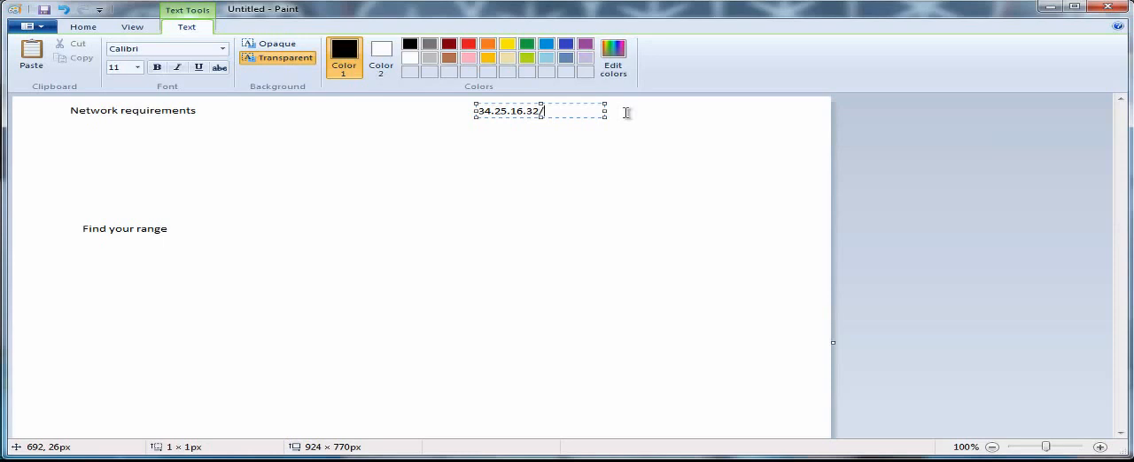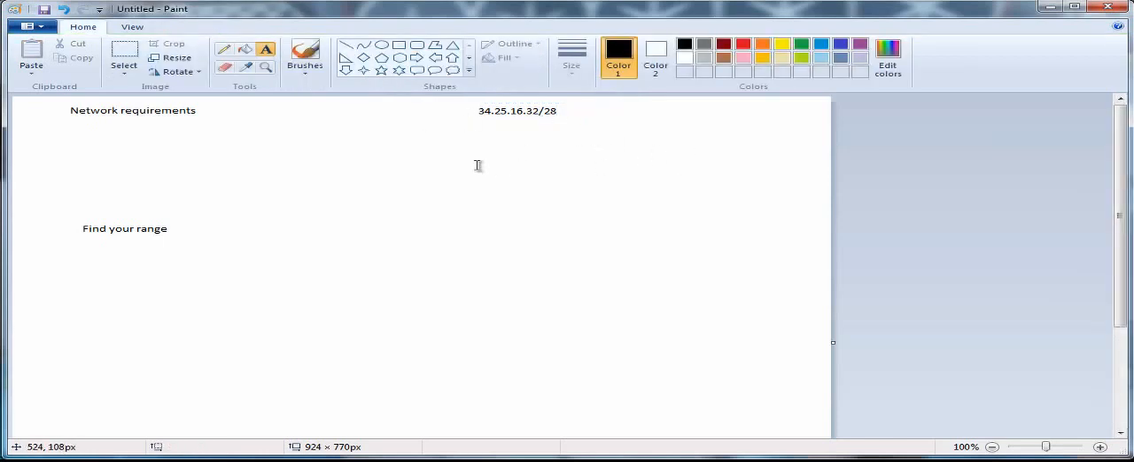Slash, let's go 28. So /28 means you've been given 16 IP addresses to work with. So that's your range. Now you have to divide that up over